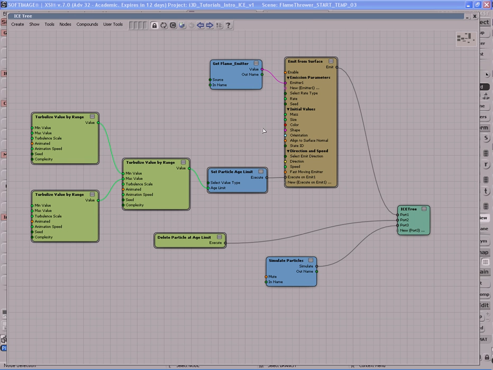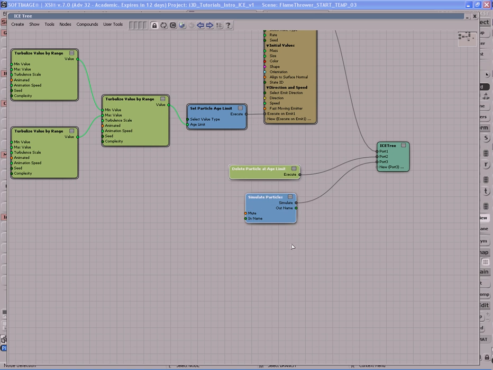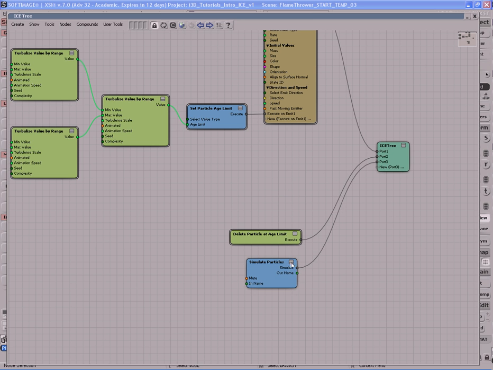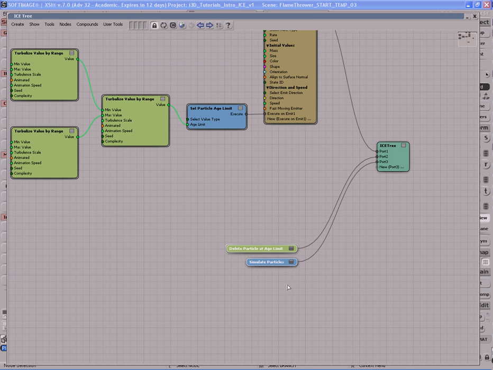Let's go back into our ICE tree, and we have a lot more nodes that we have to plug and connect here. So let's start to get a little bit organized. I'm going to click on this little icon here with the three gray bars just to collapse that, make it as small as possible. Right now I don't need all these nodes taking up space, so I'll just move them